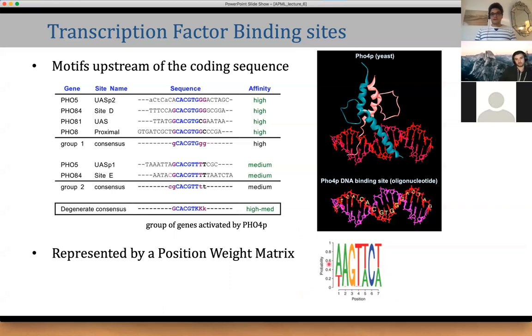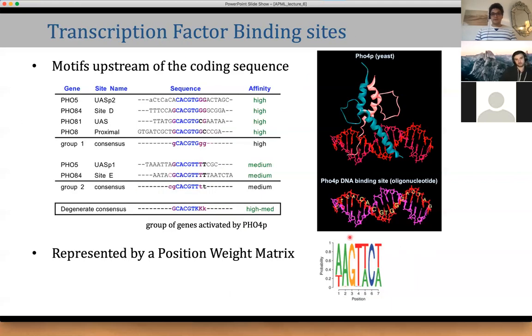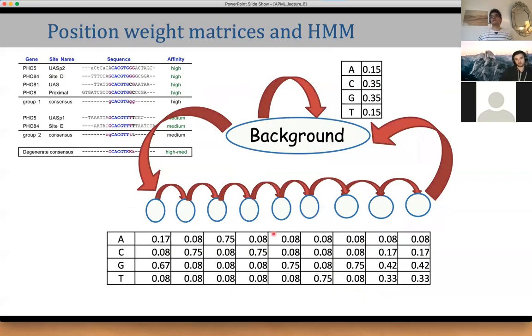Of course, the problem is complicated because as you can see, the motifs are quite short. They can be really degenerate, so there can be a lot of uncertainty in the position, and DNA sequences are quite long. But I just wanted to show that people worked with that model by computing the probability of a stretch of sequence with this model, and then computing the probability with background sequence, and doing some log ratio of probabilities.